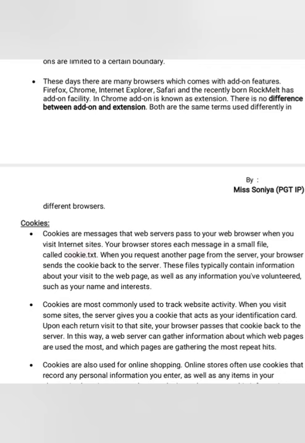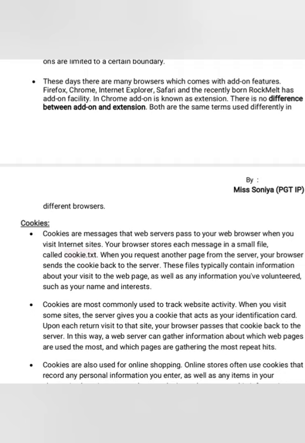I hope you have experienced this: if you have searched for something on a browser, like a particular watch or a particular mobile, and you have closed the system, then next time when you open the browser, you will get several ads related to that search which you have done earlier.